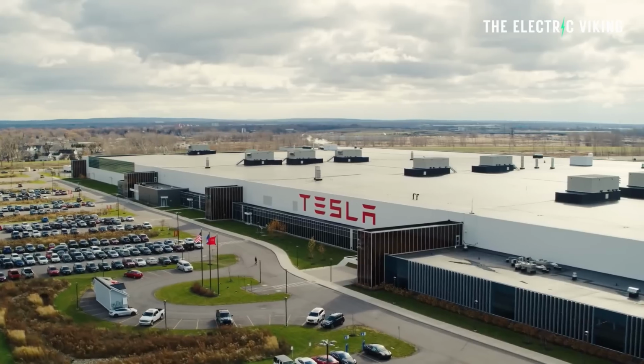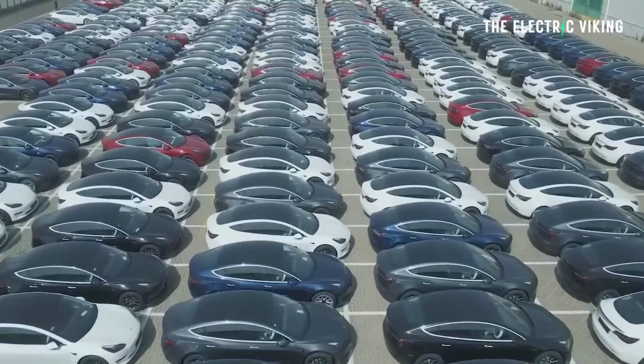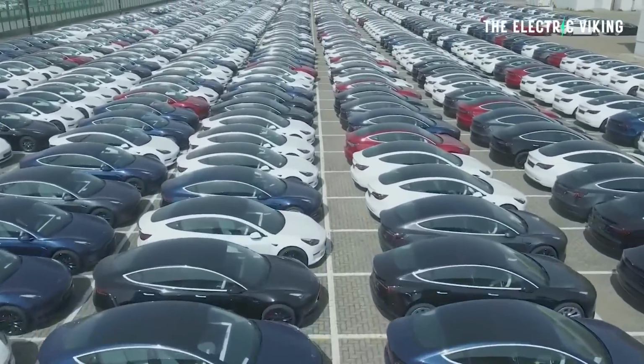We've just seen Tesla's delivery numbers for the first quarter of this year, and yeah, they're a lot lower than what pretty much everyone expected they would be. Now, I believe Tesla's going to bounce back, but let's wait and see. However, there was one part of Tesla's business which does continue to grow, and it's not as simple as what